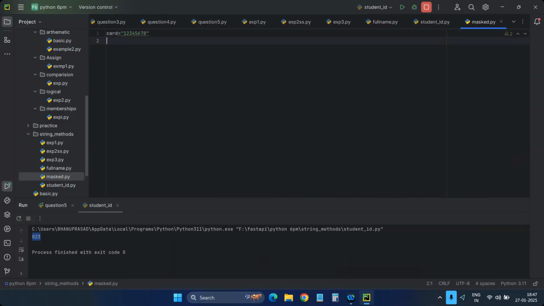Now, I want to mask my IDs with star or hash or dollar, whatever special character you want to replace the original numbers with, you can do that. For example, I'm using some hash here, or else you can also use star here. Into